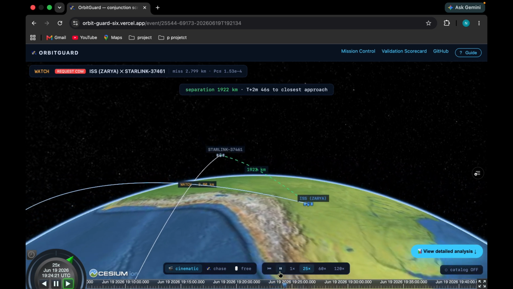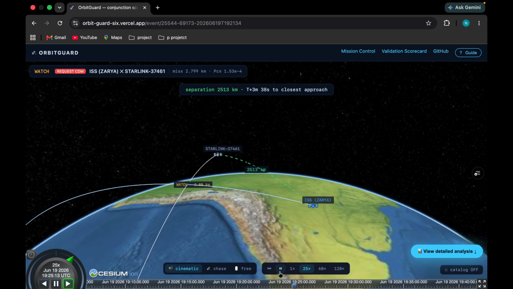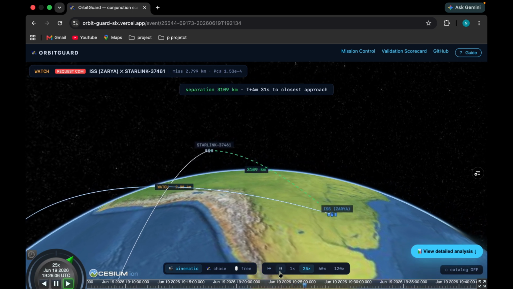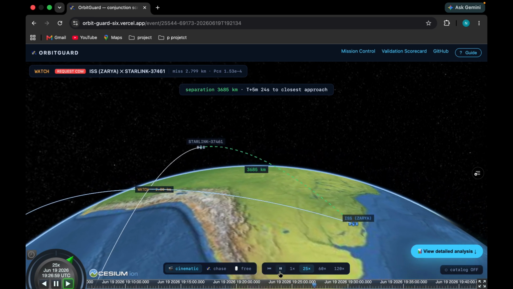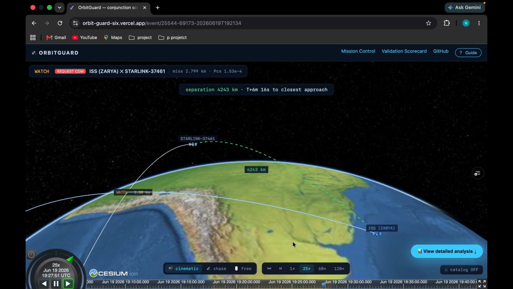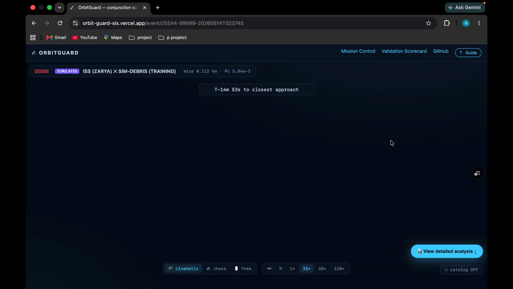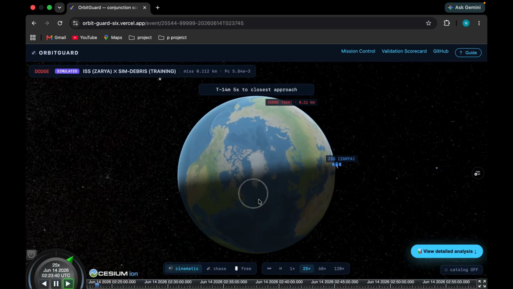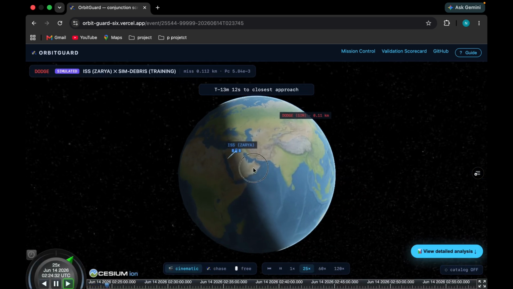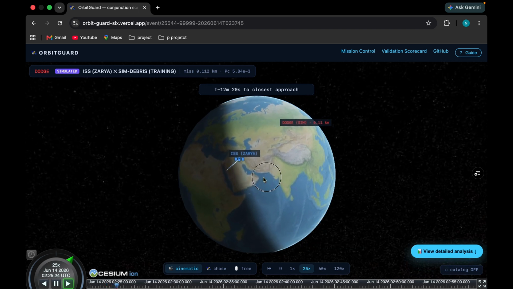And here is the closest approach. Now let me show you the actual analysis behind that verdict. I will view the detailed analysis soon, but let me just show you this again. So this is our view, and here we are following these two satellites.